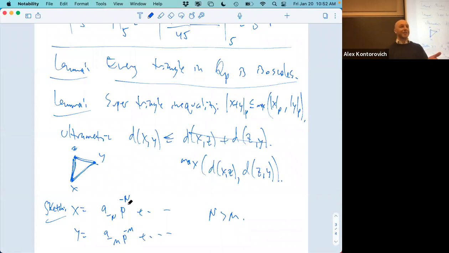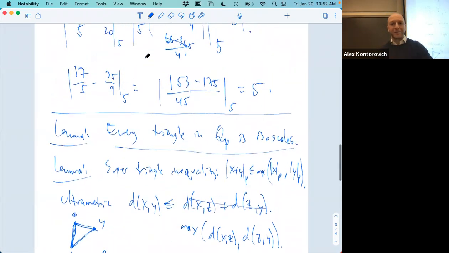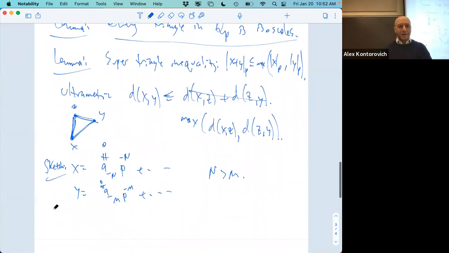the absolute value of X, if I'm assuming this leading coefficient is not 0. So the leading coefficient is non-zero, then when you add Y, you only change these lower digits. And so the absolute value of X is not changed by adding Y to it. And so X is already big enough to be an upper bound. The norm of X is already big enough to be an upper bound for the norm of X plus Y. Does that make sense? And that's exactly what's going on here. Okay, so that's the ultrametric property.